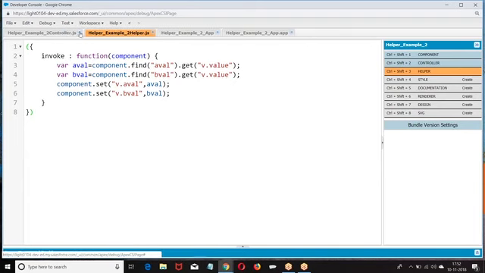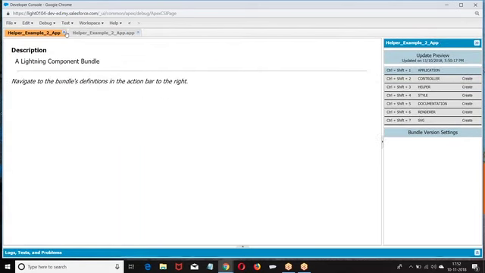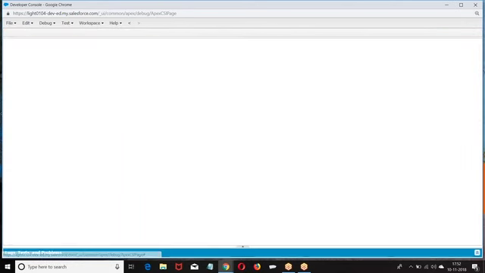So here we have Lightning Out dependency, including the Lightning component within the Visualforce.